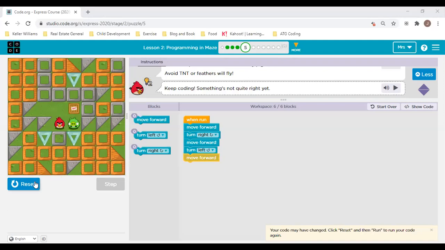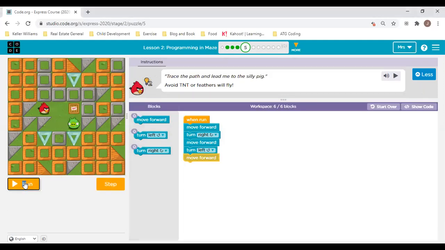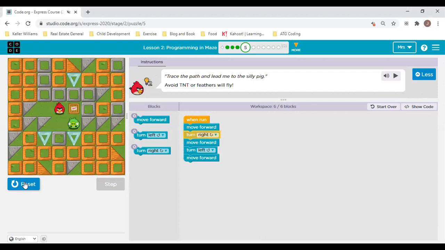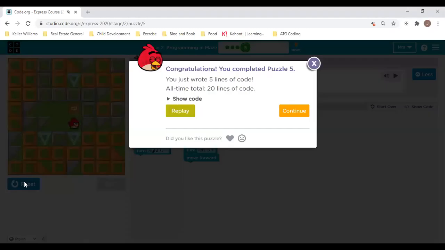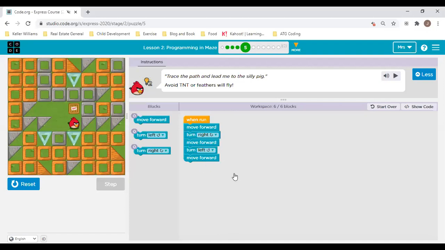Let's see, let's reset. There's move forward, turn right, move forward, turn left, and there we have it. He got to the pig. That was very, very good coding. Well done, Mika. Okay, so you guys see, I'm going to throw this away because I don't want you to